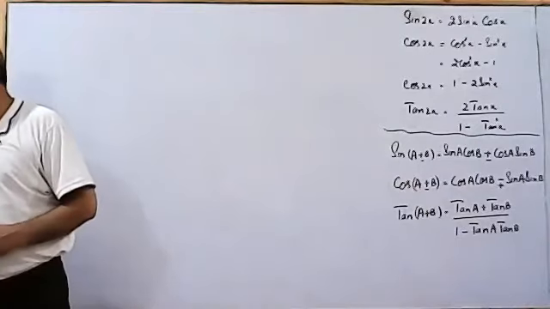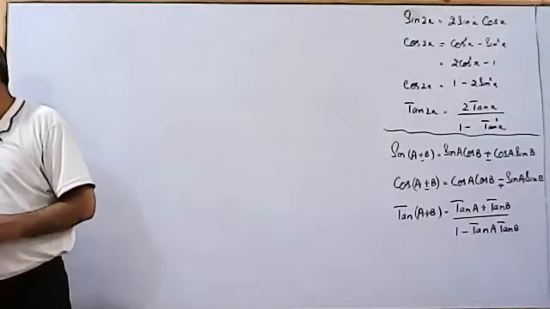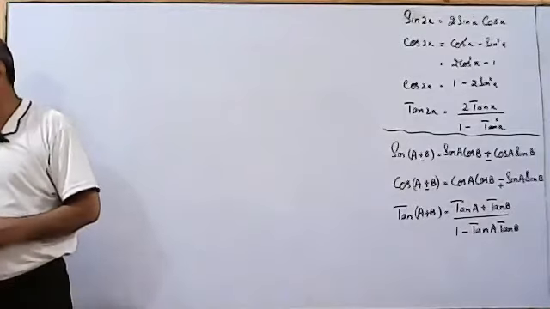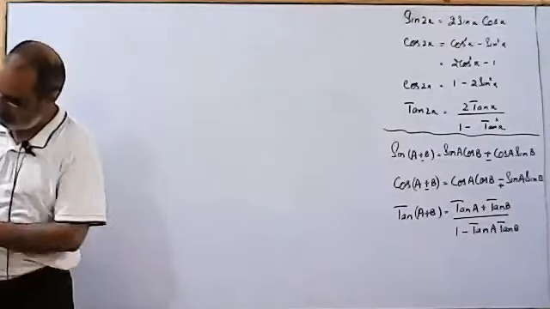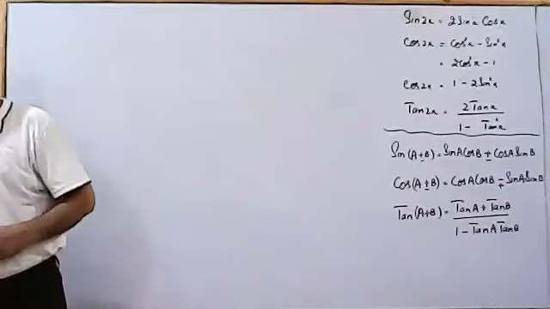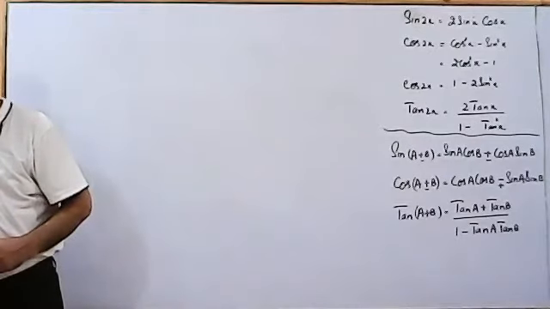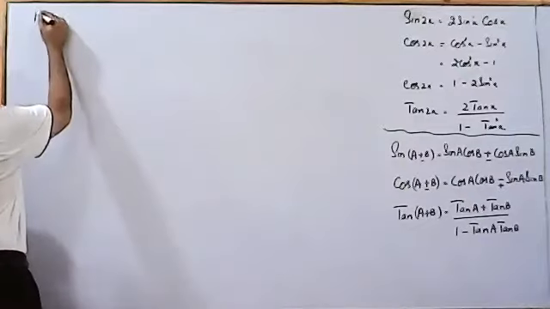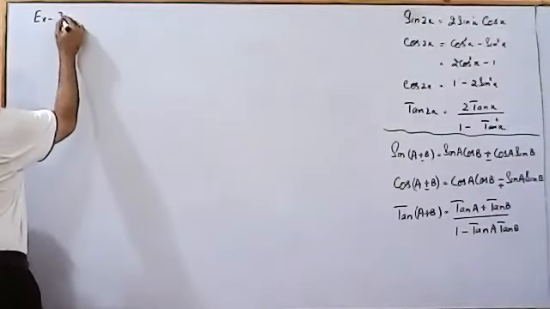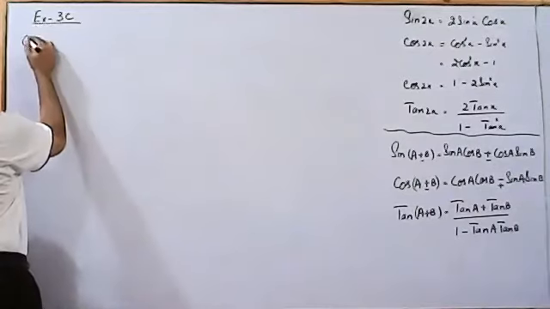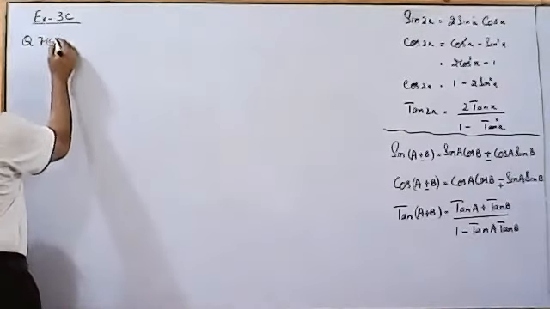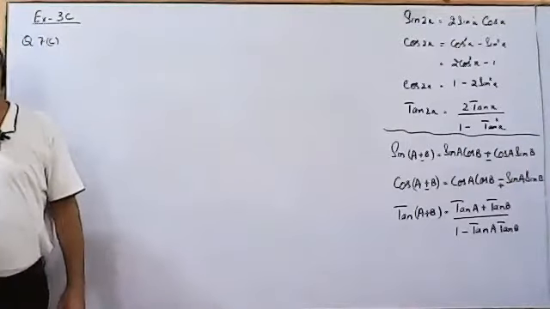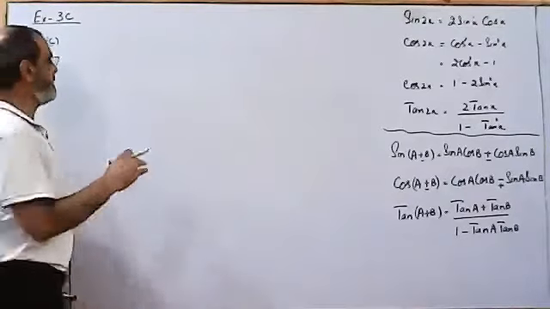Today, I'm going to solve a few parts for you from exercise 3C. Question number 7, part C. It says solve 2 cosecant 2 theta